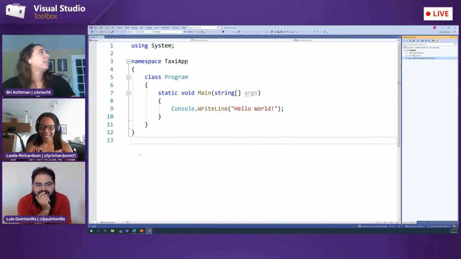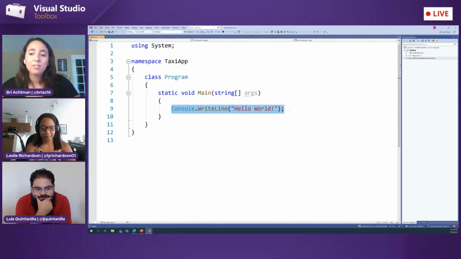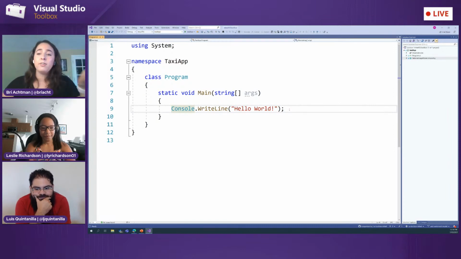Awesome. So right now I'm just in VS 2019. I have created a .NET Core, or actually no, I think it's a .NET 5 console application. Right now, all it does is print hello world to the console. So from this, I'm going to show you how you can train and consume ML.NET models and how easy it is to create a machine learning model with ML.NET and its tooling. So